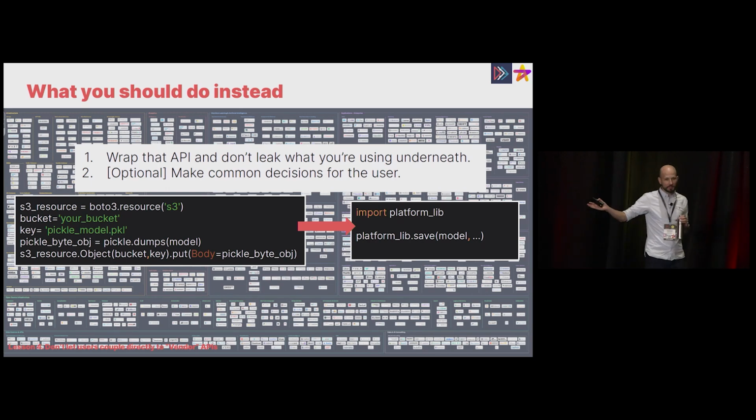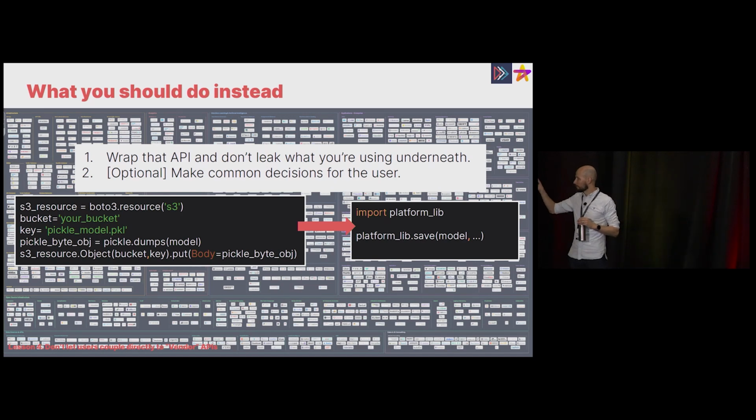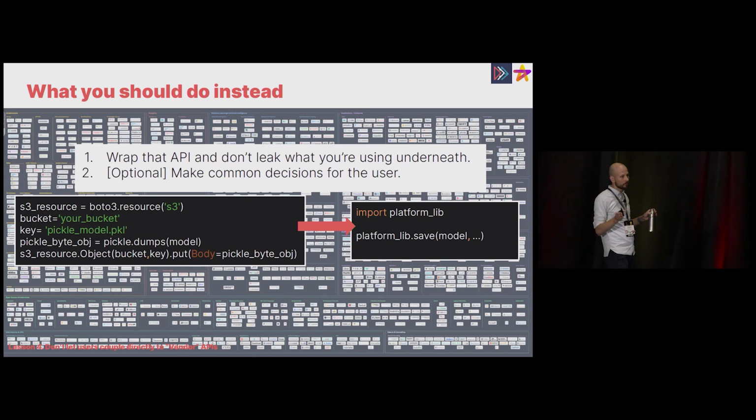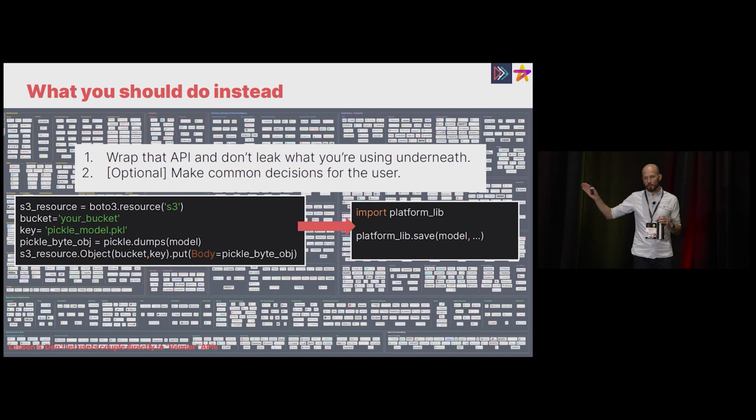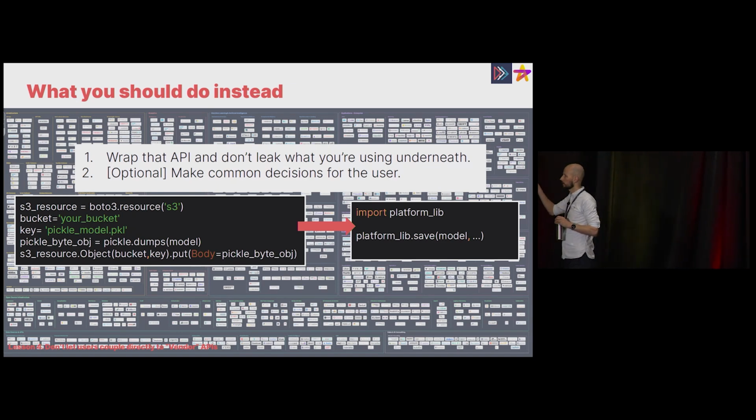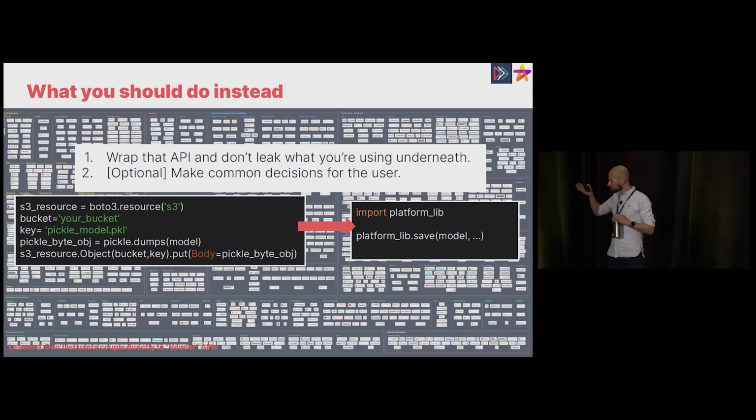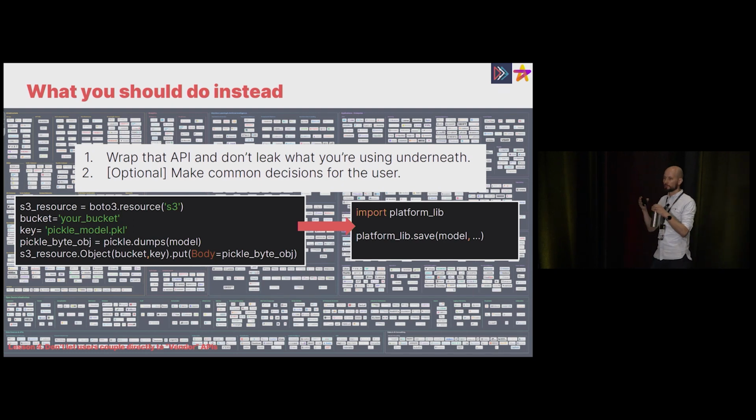The example here is some code that is effectively just serializing a model and storing it in an S3 bucket. Pretty simple stuff, but instead you should try to wrap it in your own platform library so you can hide the internals. So if you have a vendor, you can wrap it with your own library, say for saving an LLM prompt, and you haven't exposed who it is. If you want to rip it out, you control that code, and the migration cost, or the cost to change something, is much lower than it otherwise would be.